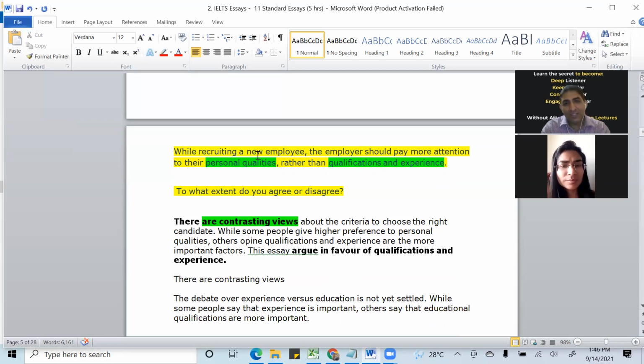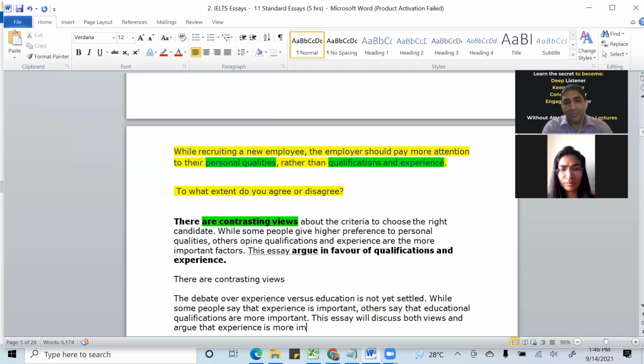The context is more or less set in the question itself, so you don't have to tell everything. The examiner would already know the topic. The debate over, while some people say this, others say this. This essay will discuss both views and argue that, and you can tell your view there,